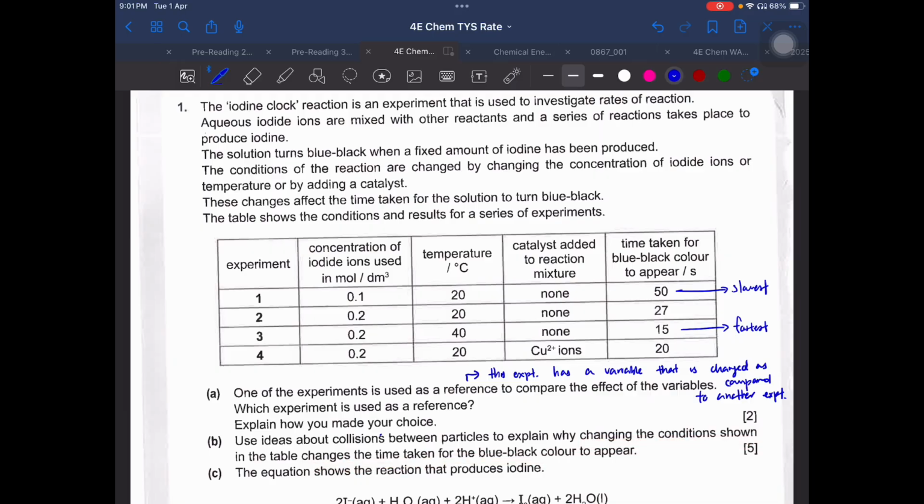Now, recap, whenever a question is talking about collision, we mean frequency of effective collision, right? And of course, in this question, they are linking the frequency of effective collision to the time taken, which is basically something that helps us to understand how fast or how slow the reaction is. Okay, so let's take a look at how to explain 1A first before we go on to talk about 1B